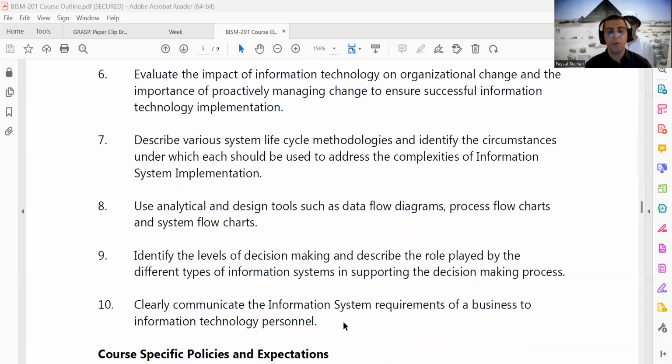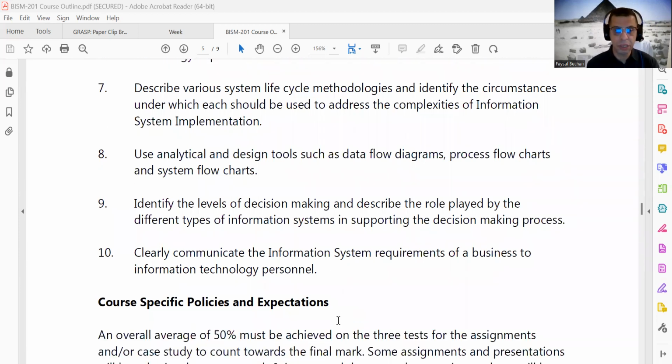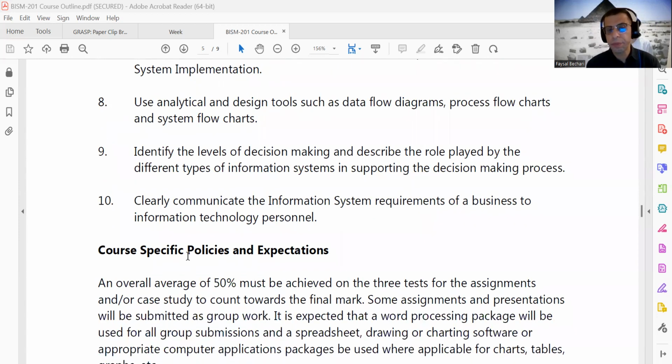personnel. We will bring 2-3 applications. We will look at each one of them, and we will compare each one of them according to the market needs and requirements. Now, the course-specific policies and expectations: an overall average of 50% must be achieved on the 3